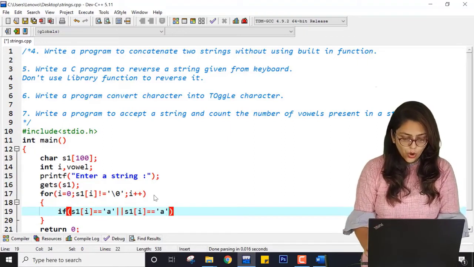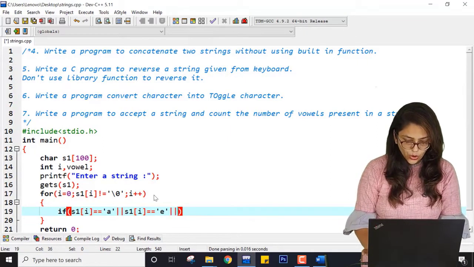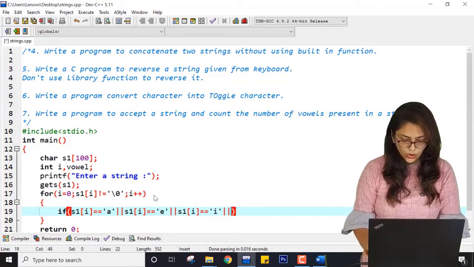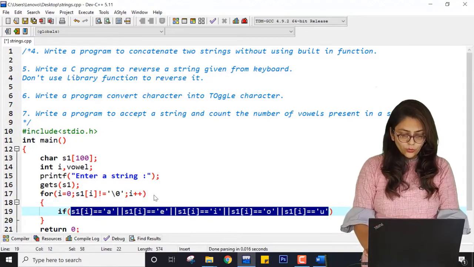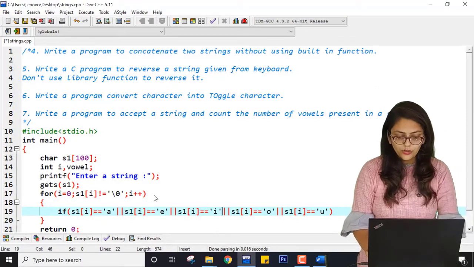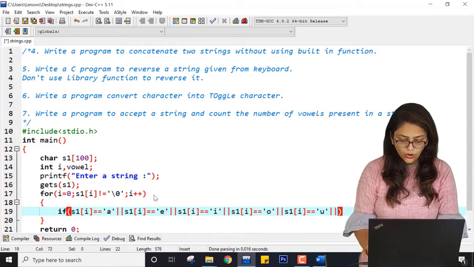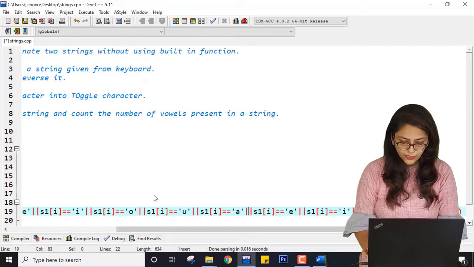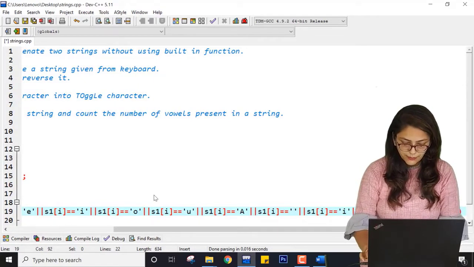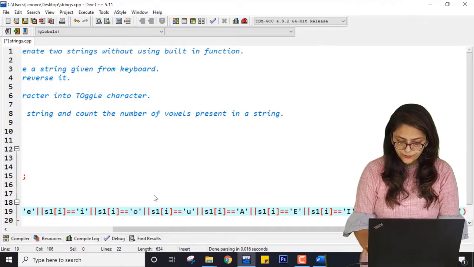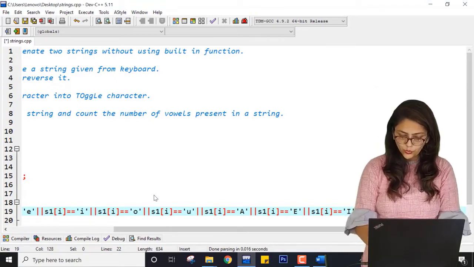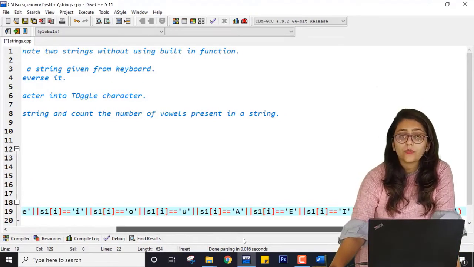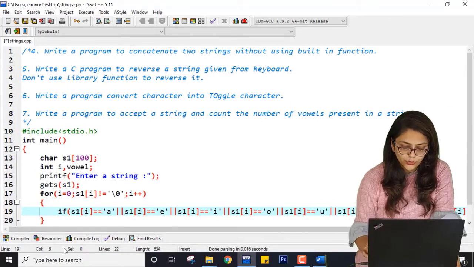So if it is a or e or i or o or u, the lowercase vowels, then again OR, and here it will be capital A, capital E, capital I, capital O, and capital U. Make sure that you are not putting a semicolon here, because after the if condition we do not put a semicolon.